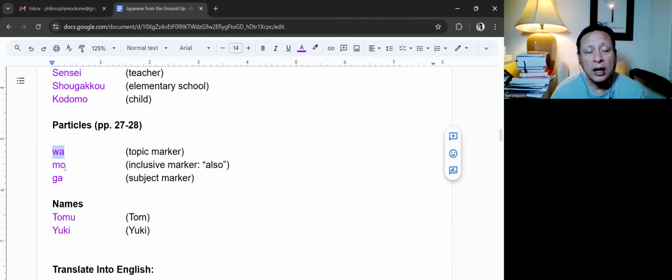I already know wa, I already know mo, and I already knew ga. The explanations are good enough. So wa, I said, is the topic marker. It introduces the topic. Mo, which we're not going to do a lot, we're just going to show you what you get, is the inclusive marker. It basically means also. So, for example, in Japanese, if I say Tom, which they would say tomu,